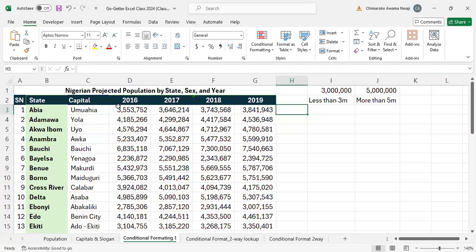Sometimes people who are new to conditional formatting always want to use a helper cell to see what they are doing. Now we want to check if anything is less than 3,000. So what we will do now is look at this cell. If this cell is less than 3,000, we'll say equal to, choose this cell, D3 is less than 3,000